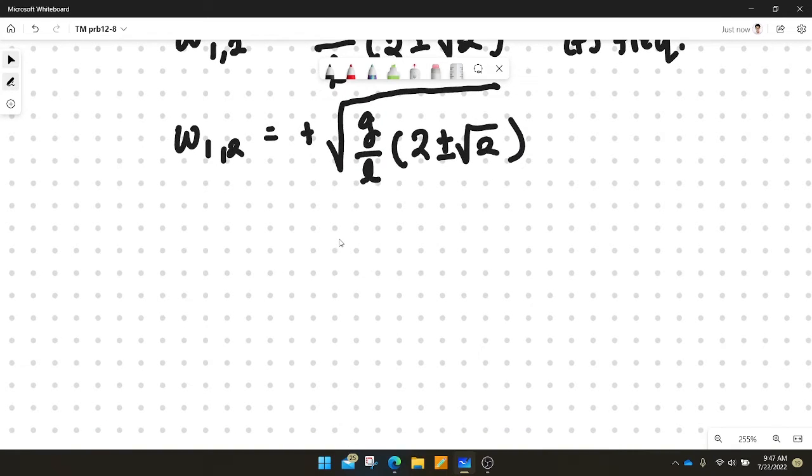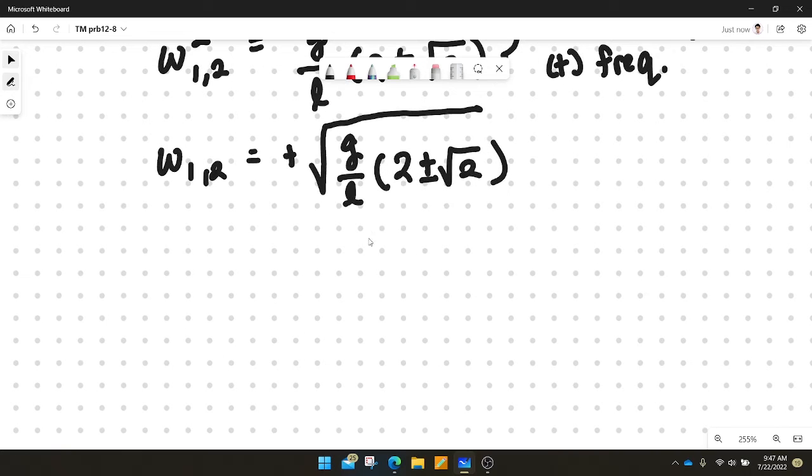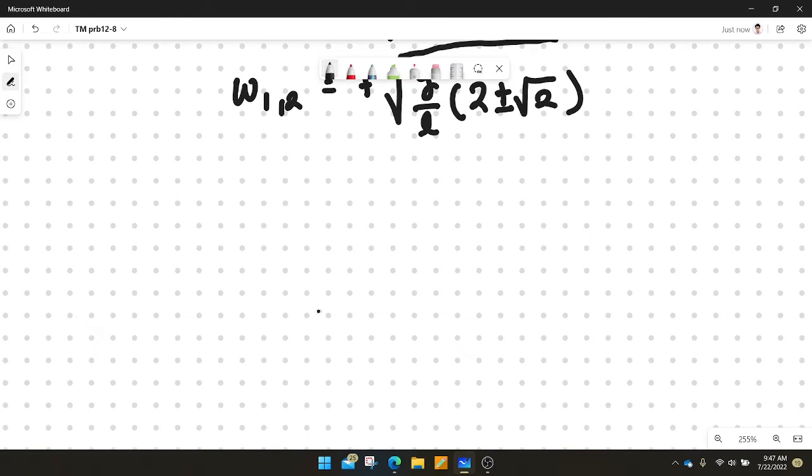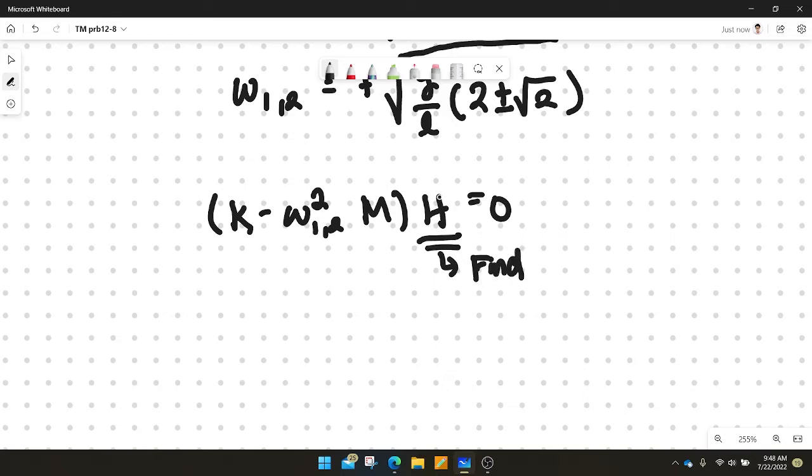But now to describe the normal modes of the system, we should also get our eigenvectors. So what we did is we solved this problem. And H is a matrix such that when we multiply it to this difference, it equals 0. I'll discuss it later after we find H. So the way we find H is,